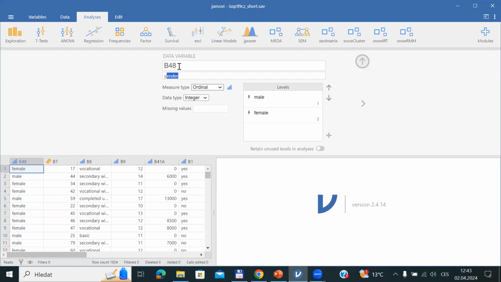You can also find that this variable is defined here as ordinal. Maybe it's a mistake, gender should be nominal. So let's change it. You can select nominal instead of ordinal. And you can also find that these pictures for nominal, ordinal, and continuous variables are all the same as in the SPSS environment. The only exception in Jamovi is that it also has one more type of variable,